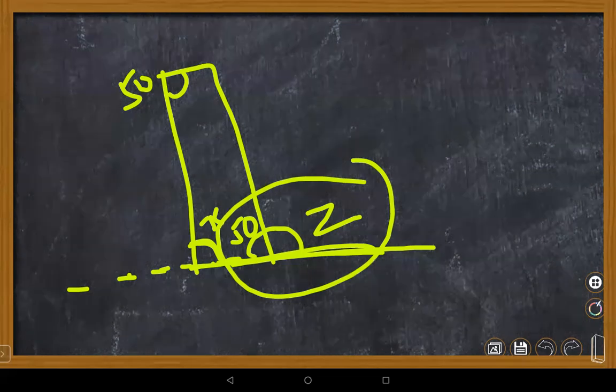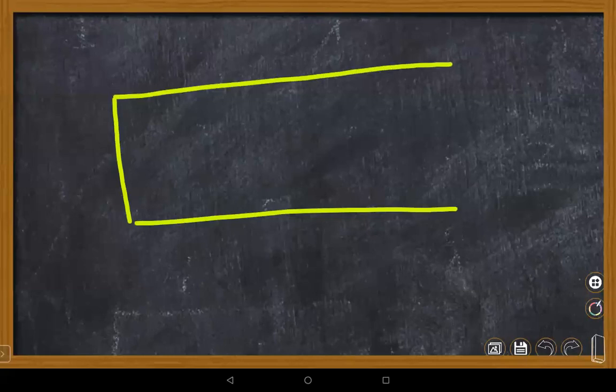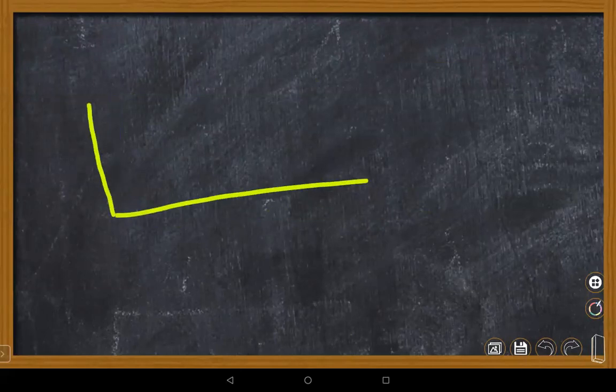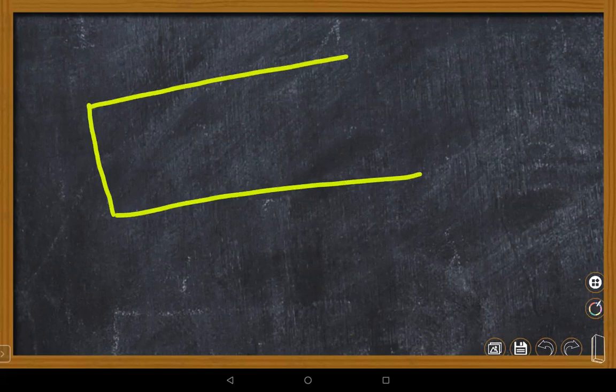We can use many properties, children. If you know all the properties, by seeing only you can answer these questions. That is the happiest thing with geometry, children. Once you know the concept, you can answer easily. All the concepts, that means all the properties of your parallelograms. If you know very well, you can go with it.